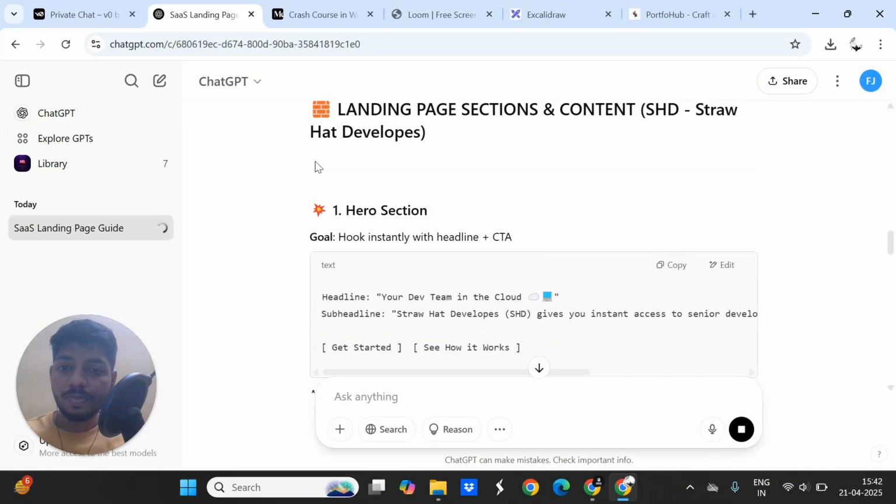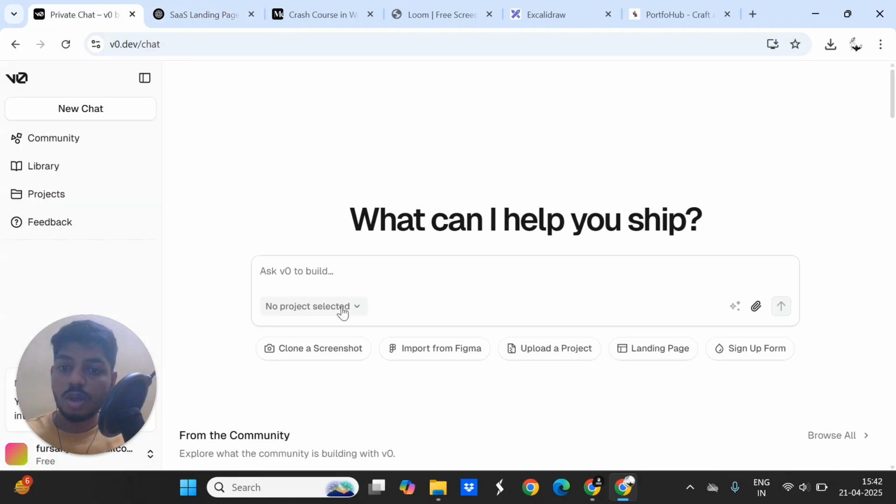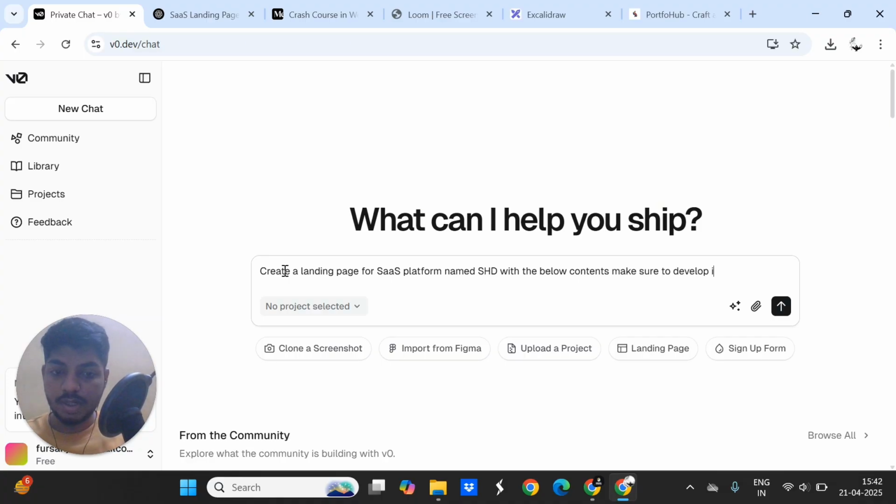Now we will go to V0 that is developed by Vercel and we will ask it: create a landing page for SaaS platform named SHD with the below contents. Make sure to develop it in Next.js, as Next.js is one of the easiest and the